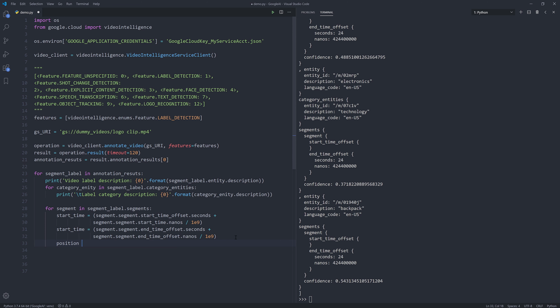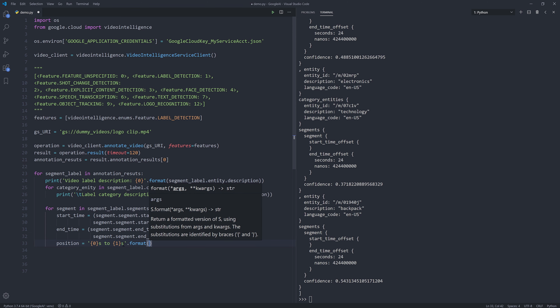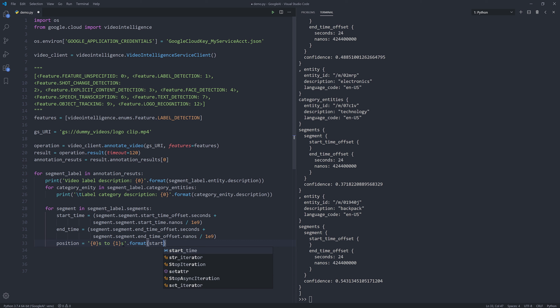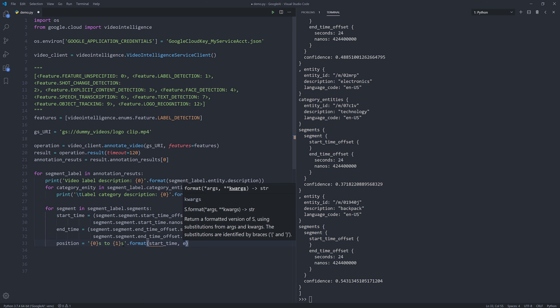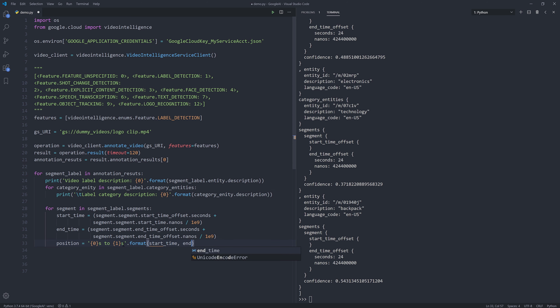I want to display the clip position, and it's going to be seconds. This is going to be the end time seconds, and this should be end time. The format, start time and end time,